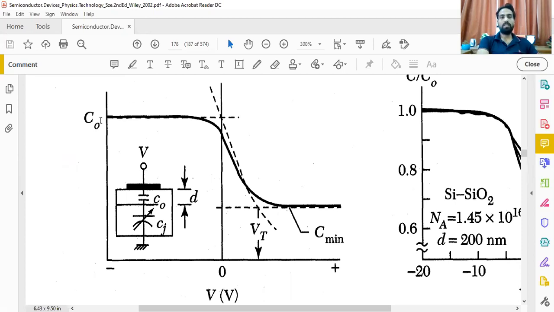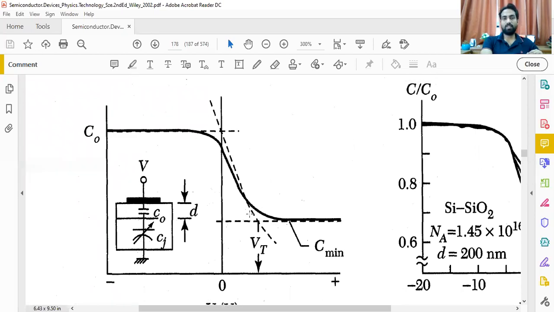So you see this curve indicates the value of C naught. This remains almost constant, and with respect to voltage from minus to 0, it has no effect. This is the zero situation. When we have a zero bias situation, we have certain capacitance. At this point, this is almost equivalent to C naught, and at the same situation, you have certain junction capacitance also that can be taken up here.